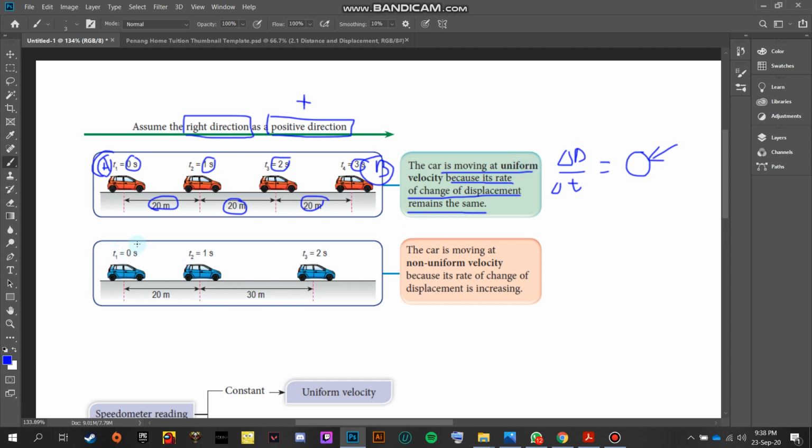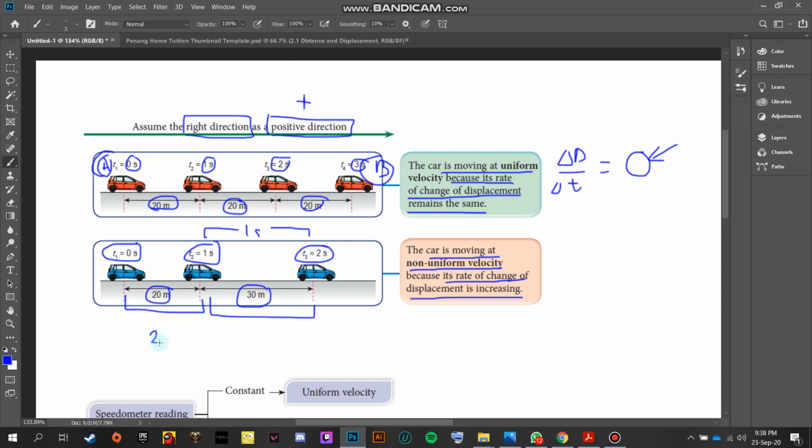And you can see down here another example. This is time 0. After 1 second, it moves 20 meter. After 2 seconds, it moves 30 meter. So it has a different distance after the difference of 1 second. So we can see that the car is moving in a non-uniform velocity because its rate of change of displacement is increasing. As you can see, after 1 second has passed between this position and this position,